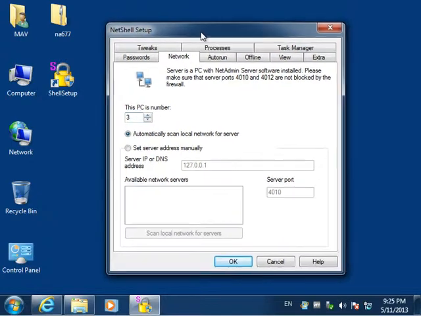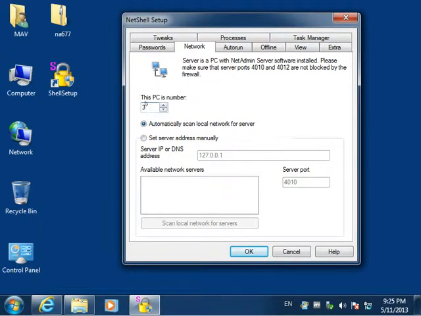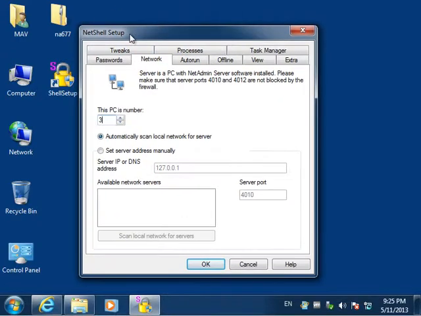So every PC in the Network Administrator network should have its own number. There should not be two PCs with the same number. So every PC should have a separate number, and you have to set it up in this NetShell setup